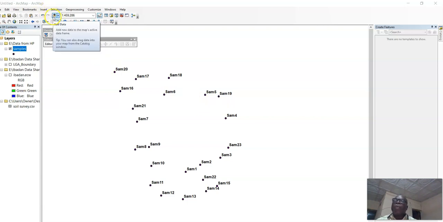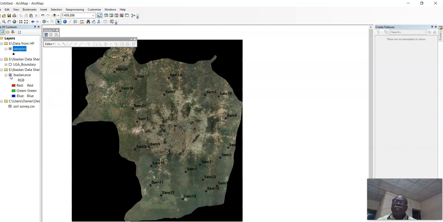So now when you are in the GIS environment, the ArcGIS environment, you can load the image so that you can identify the locations of those data. This is a map of Ibadan, and then we can see all the local governments.